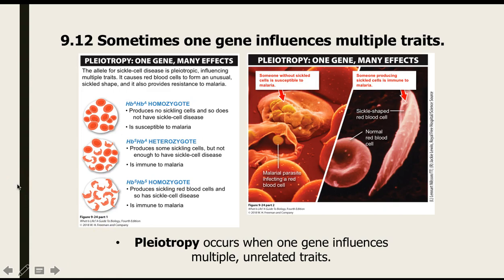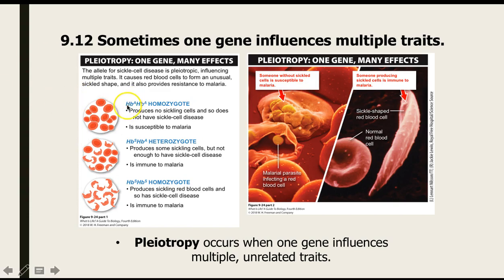So that was polygenic. That's where lots of genes influence one trait. But we can have the opposite too. The opposite of that is pleiotropy, where you've got one gene, but there's actually lots and lots of different effects. And the example that we're going to step through is the example of sickle cell anemia, where you have one